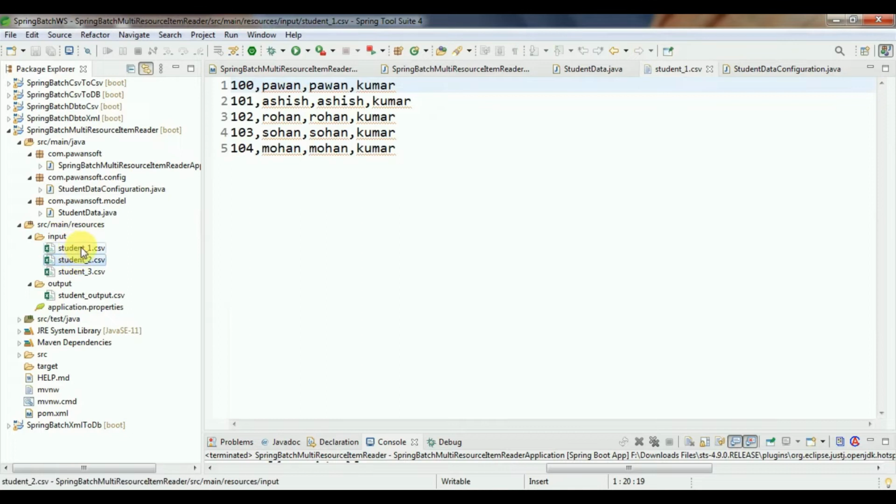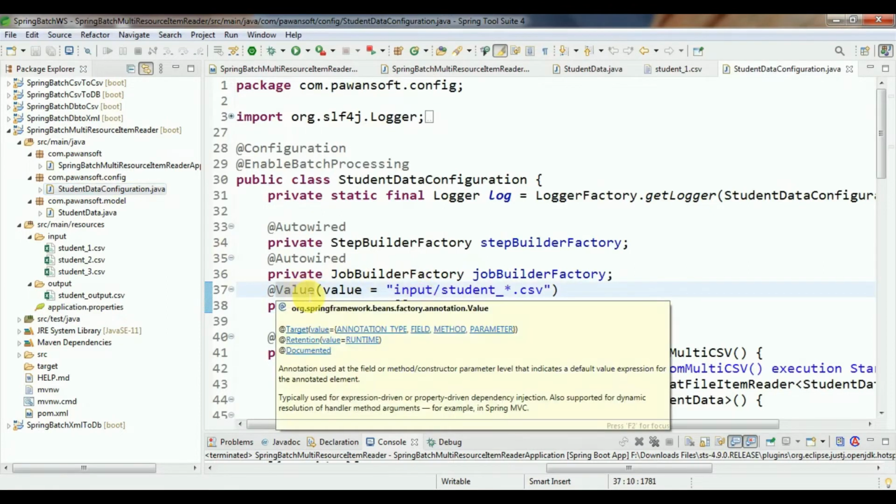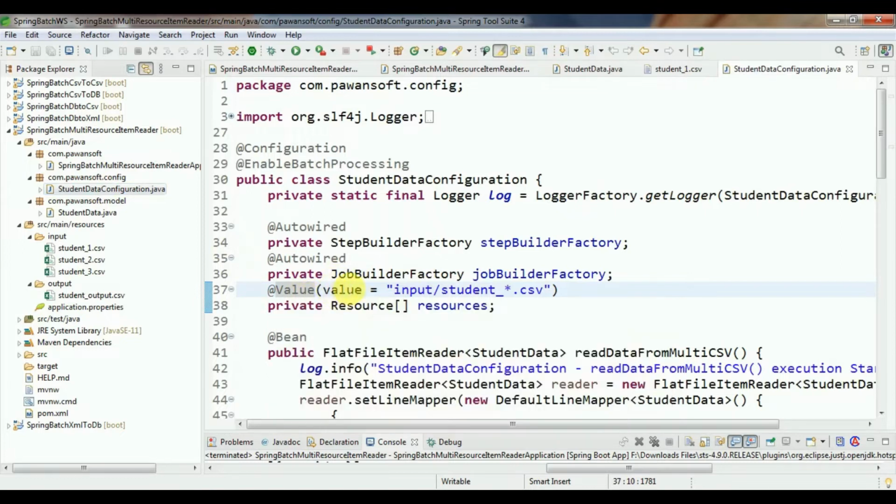In my case I have only 3; you can have 5, 10, 20 as you wish. You have to define all the input with the @Value annotation, and inside value you give the input folder. Inside the input folder, student underscore star. Star means 1, 2, 3, 4, 5, 6, so all will be read as .csv.